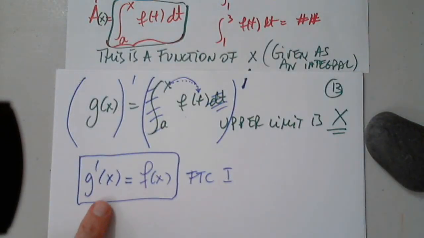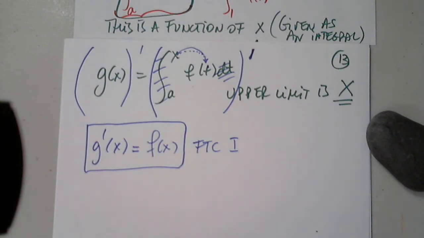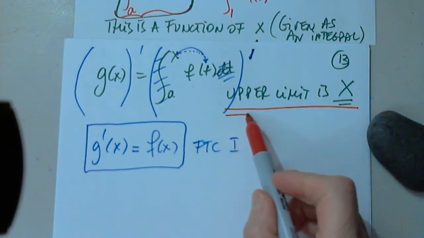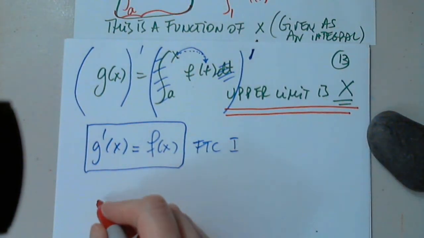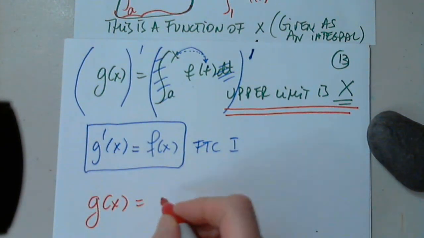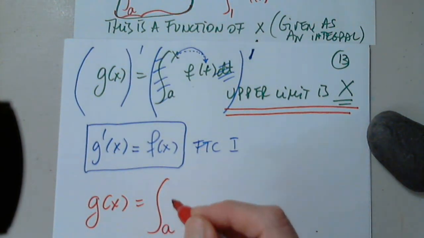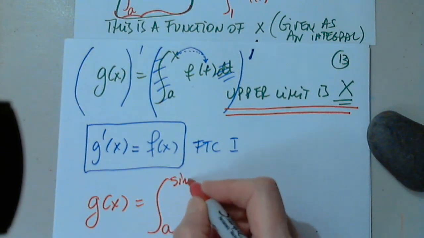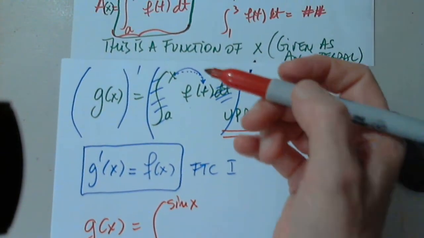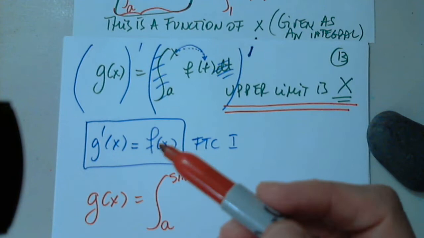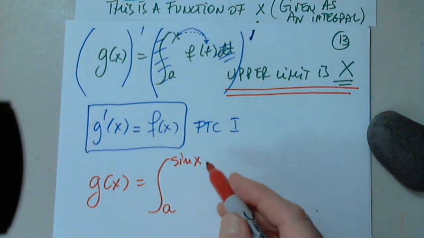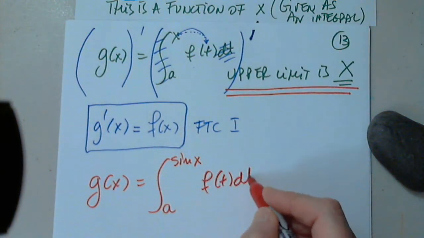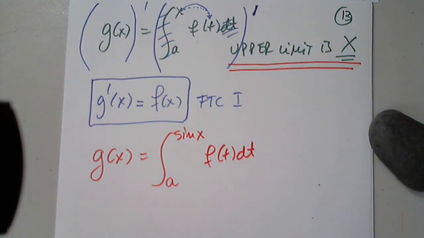So how do I apply this concept? Notice that the upper limit is x. But what if I have a function g of x as the integral from a to sine x? And now I don't have x, I have a function of x, from f of t dt. And by the way,